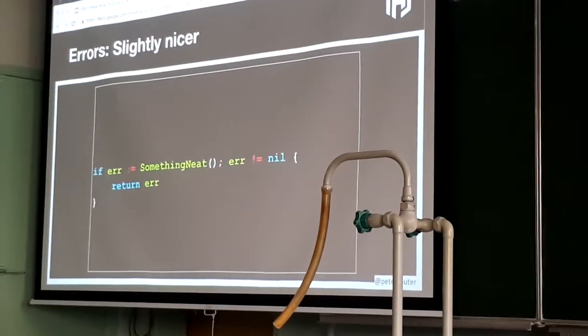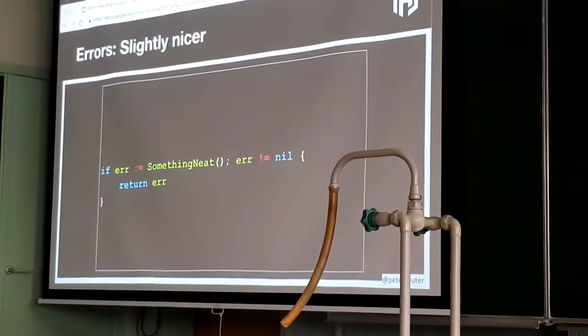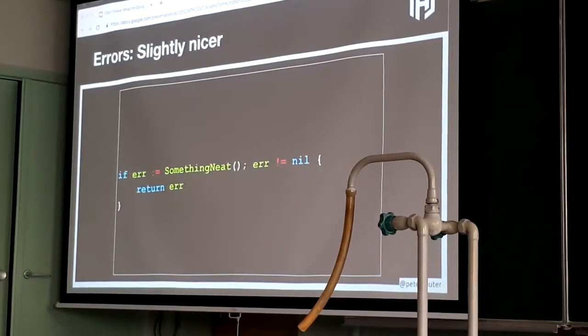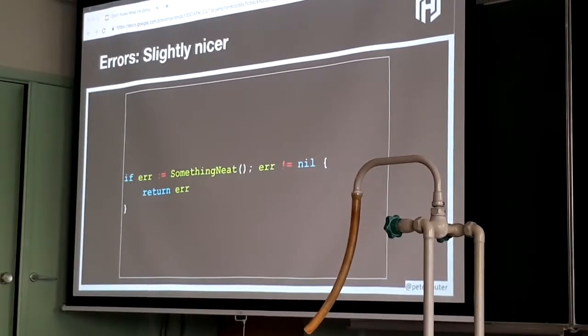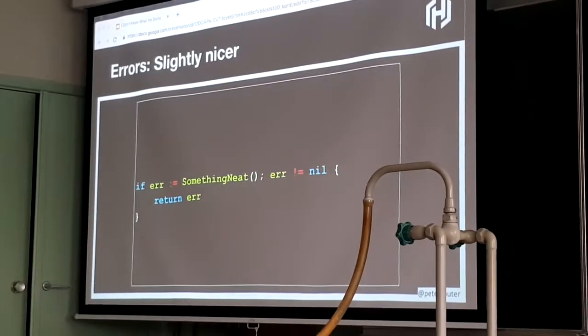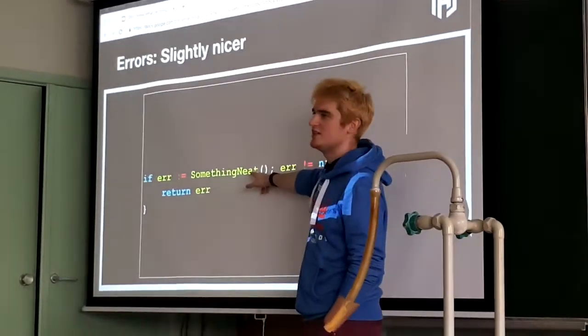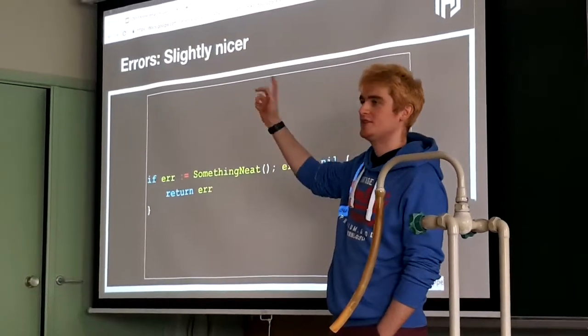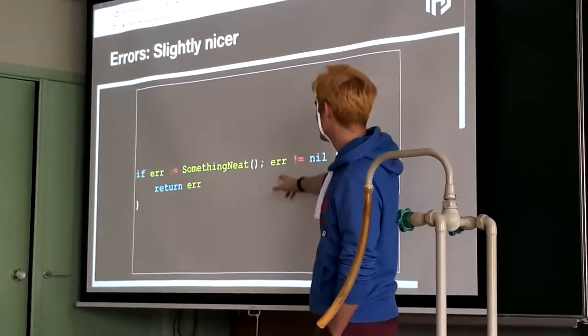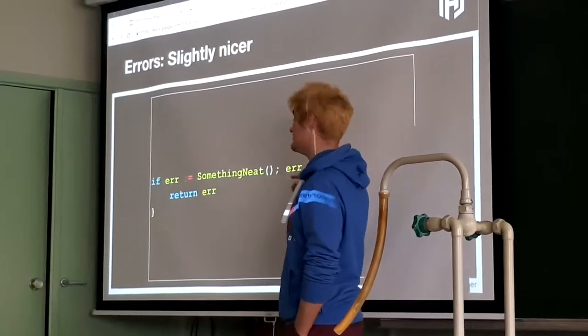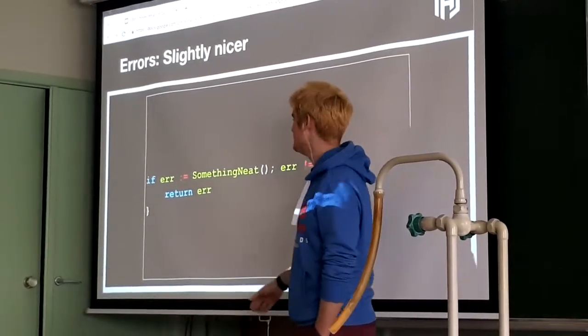One of the things you can do to make it a little nicer is, if you're not trying to get a lookup value and you're just trying to check if a function returns an error, you can loop it into this slightly easier bit of code. In this example, this method doesn't return a value, so maybe I'm trying to trigger an API, but I don't have to wait for a return value. So as long as the error is nil, the rest of it will be fine. The problem with this